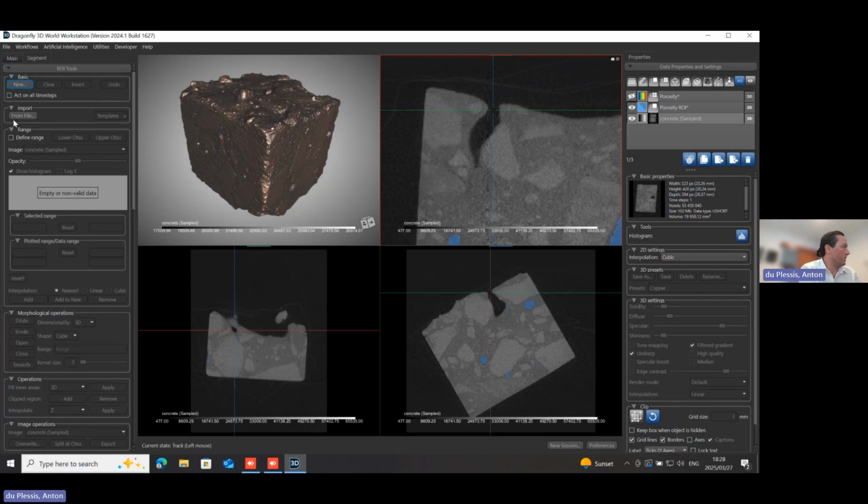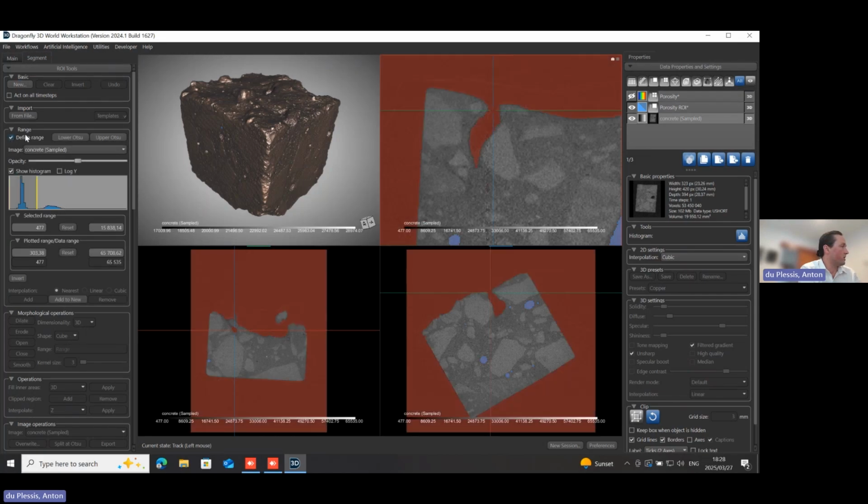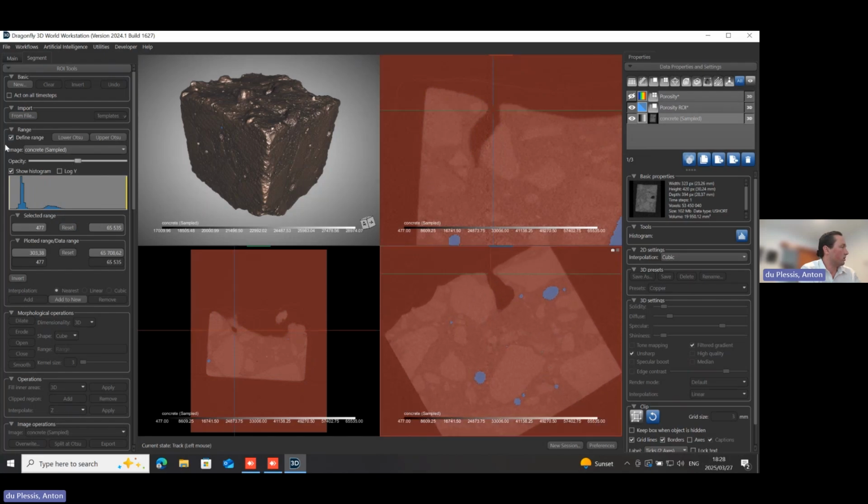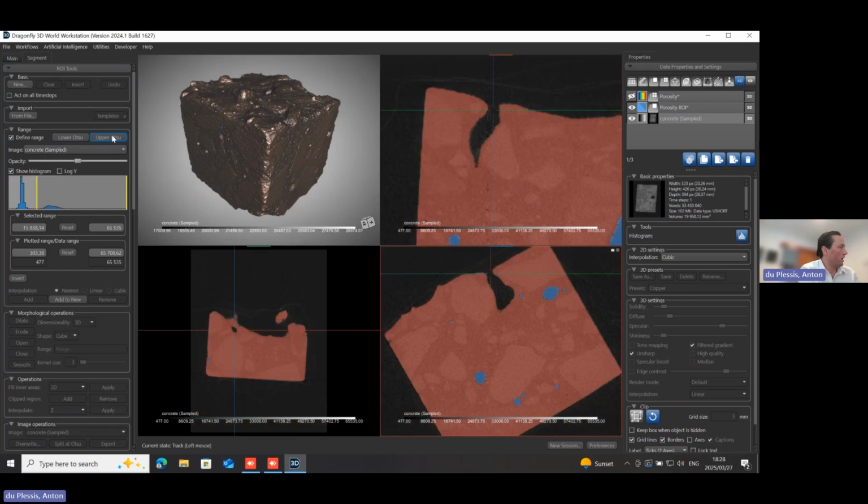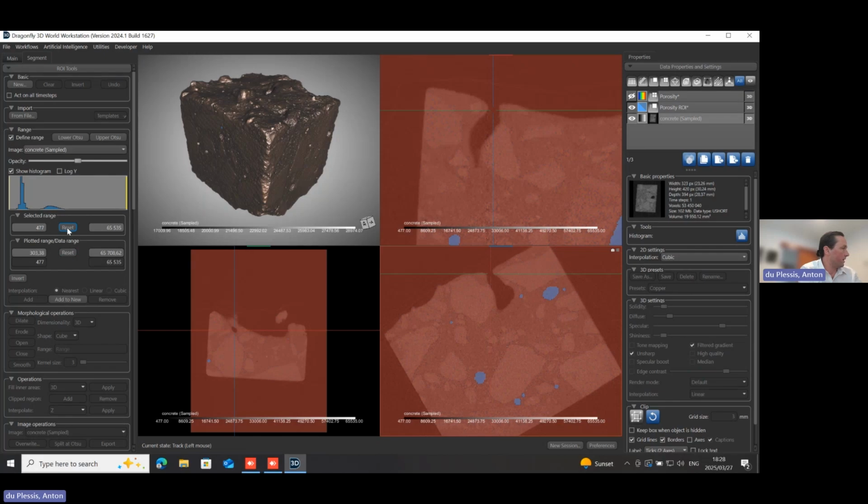So we will go to segmentation and we will now define range. Something about the define range that I just want to share here: it's a sequential thresholding. If you click upper Otsu, and if you click it again, it will make the Otsu only of this previewed red section. If I click it again, it will show the brightest of the bright parts. That's quite useful sometimes, not in this data. So I'm just going to reset that.